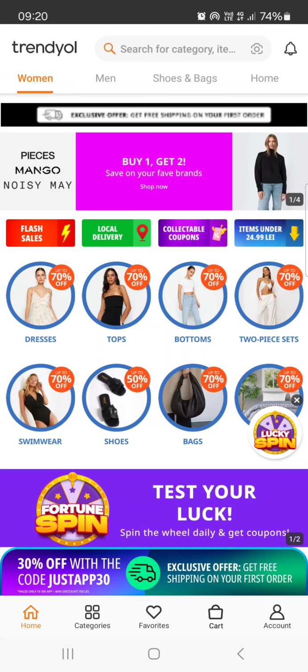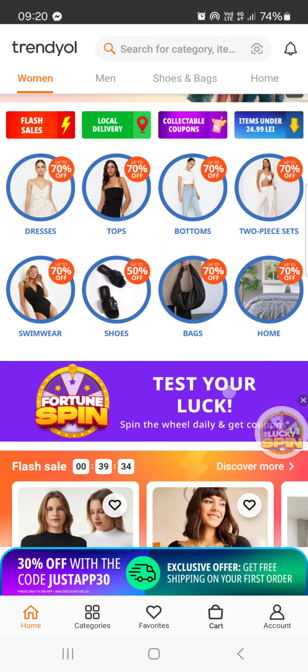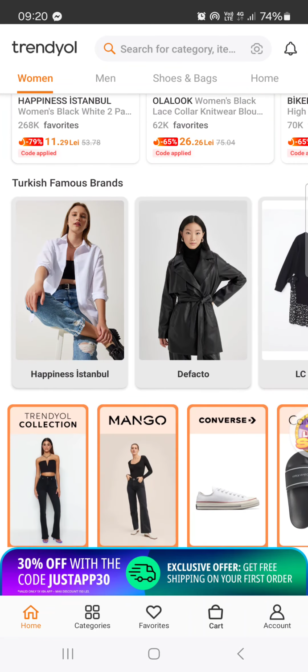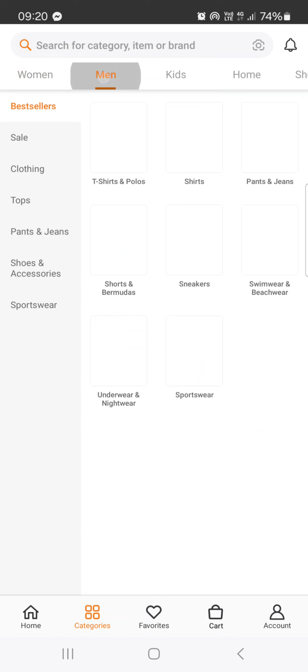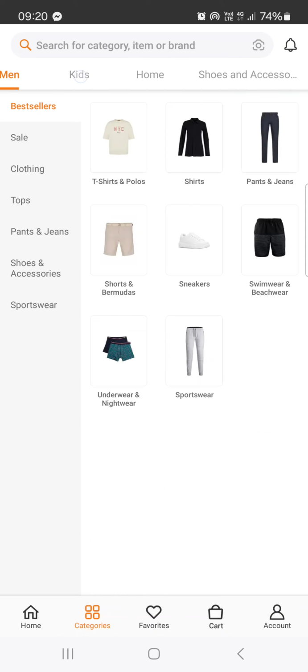First you have to open up the app, and here it opens up in the home menu where we have some suggestions. From here we just go into categories, and then we can select what we want to buy. Is it clothing for men, kids, home, shoes and accessories, or whatever. Then we can select t-shirts and polos, for example,